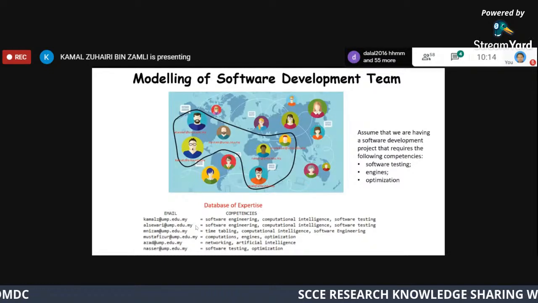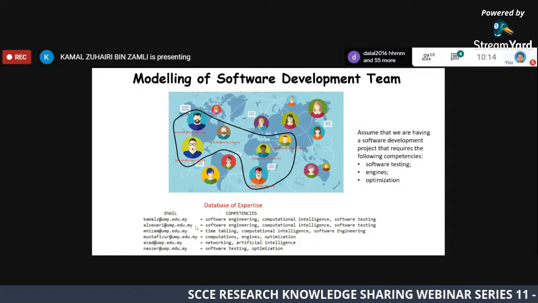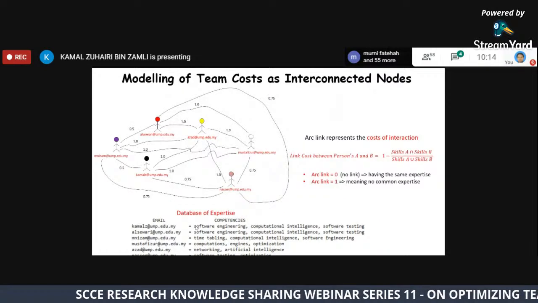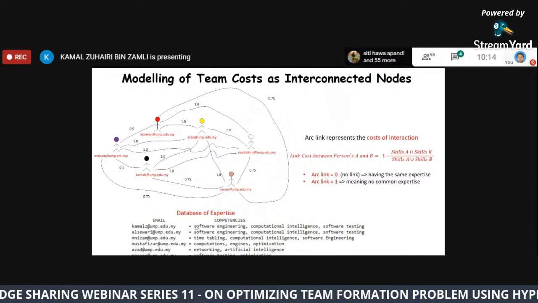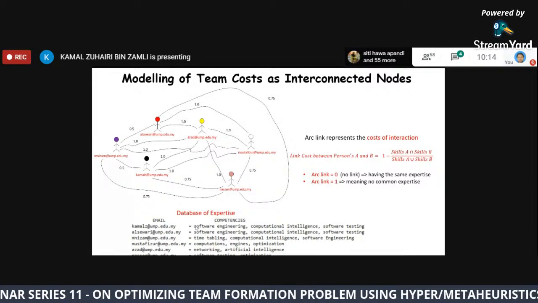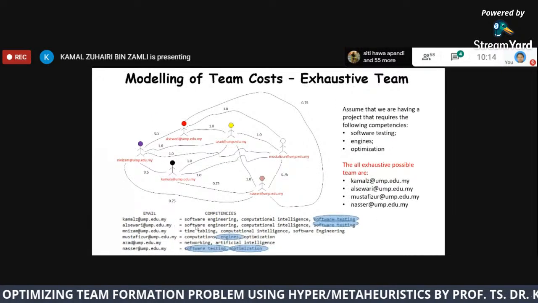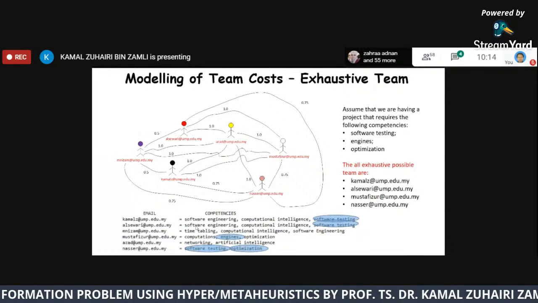So how am I going to build a team? This is the question. Now, if you look at this, you can model the team. Let me go forward, and then I'll go back to this. Okay. Now, assume